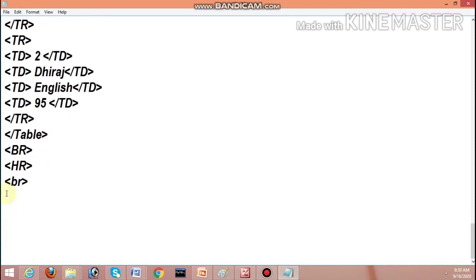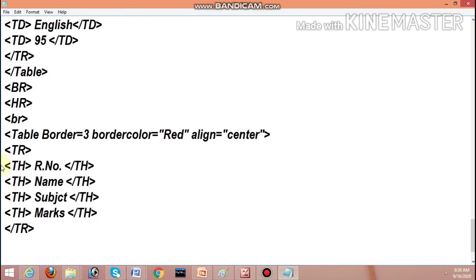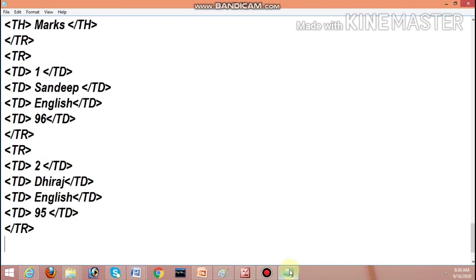Now another attribute of the table, that is table border equal to 3, border color equal to red, and align center, and I give the heading. If you use align center here, the table will come in the center of the web page. And now we enter the two rows, roll number 1, roll number 2.